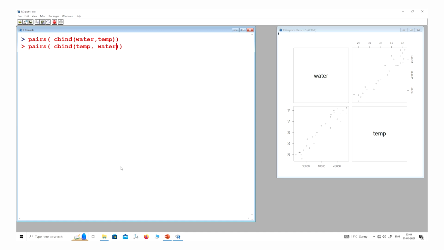As soon as I execute it, you can see that the water and temperature places are changed. So now you can make different types of scatter plots with different combinations of variables, and they will give you a fair idea about the pairwise relationships existing in the data.